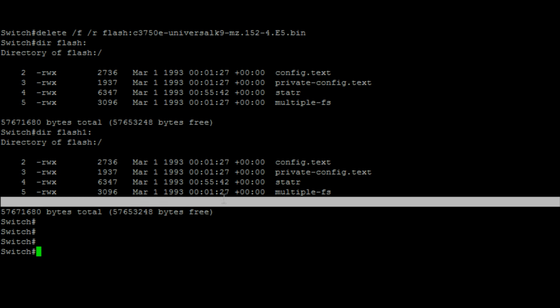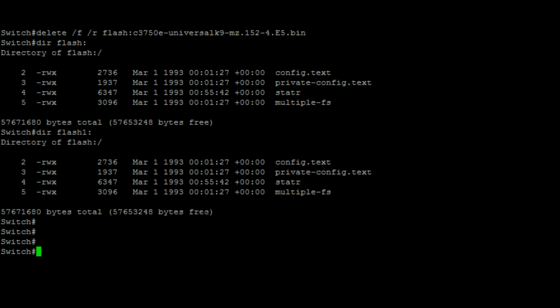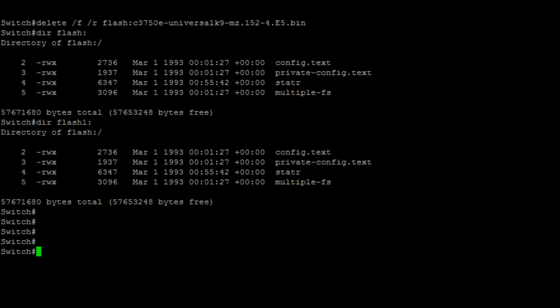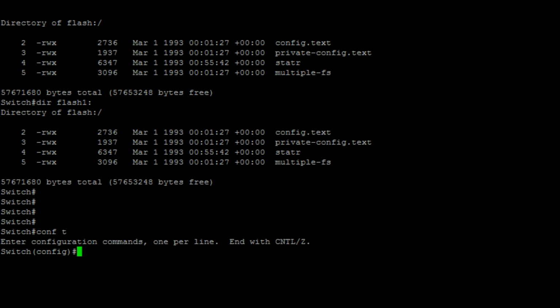So before we actually copy the image from the TFTP server, we need to configure the interface. So what I'm going to do first is I'll just see if there's any